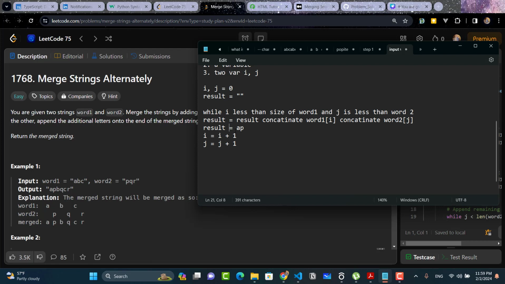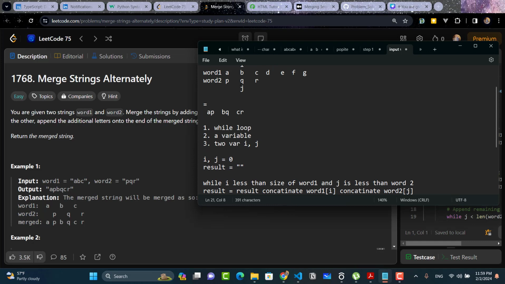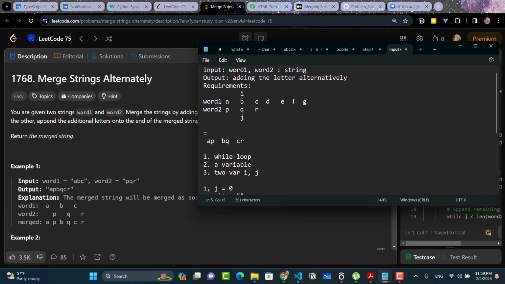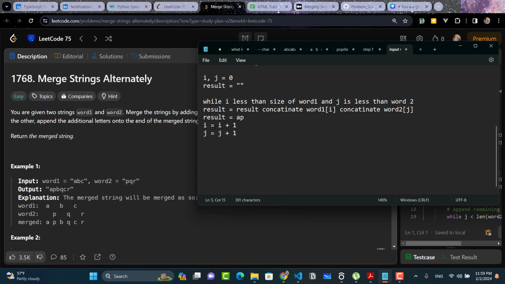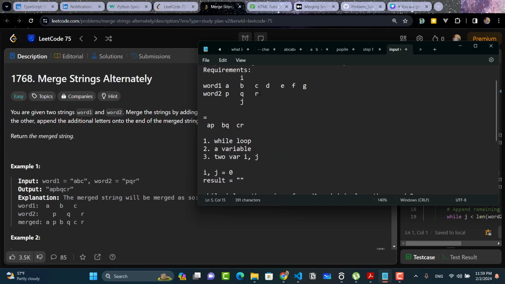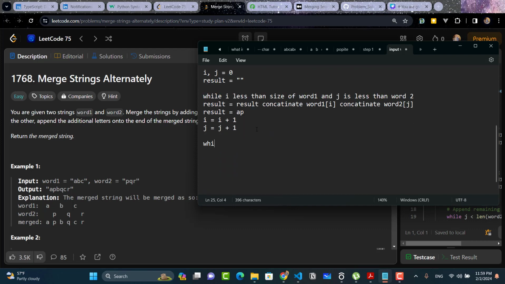this while loop will continue looping until, for example here, c and r. So 1, 2, 3, so the equal length between them is 3. So now i will equal 3 and j will equal 3, and we will stop here. Okay, so now I want to continue moving over word 1 to keep saving all these letters, right? So I will open another while loop,